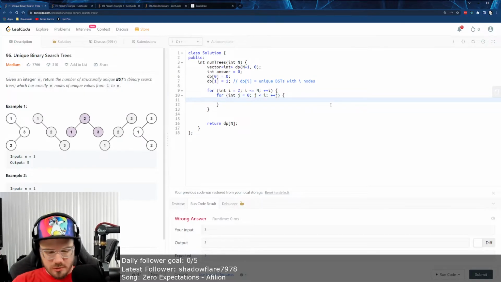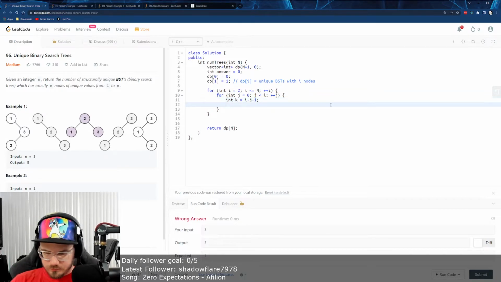So j is the nodes on the left subtree. k is going to be the number of nodes on the right subtree. So k is going to be I minus j minus 1. Does that work? Yeah, I think that's right. So then dp of I plus equals dp of j